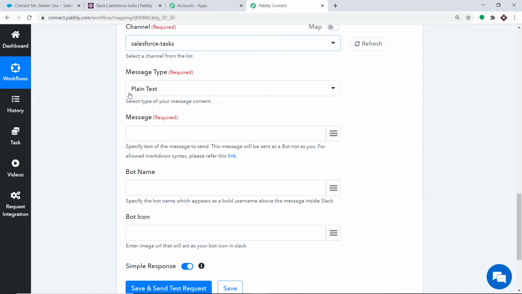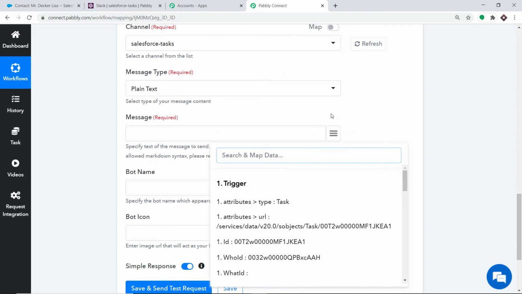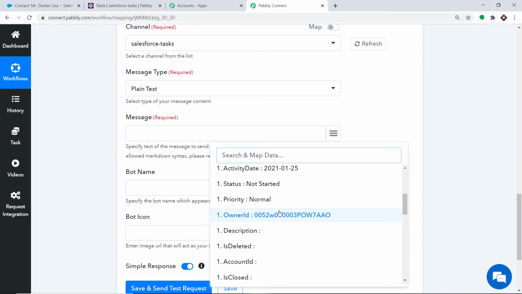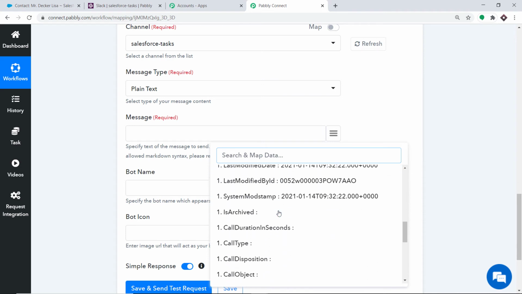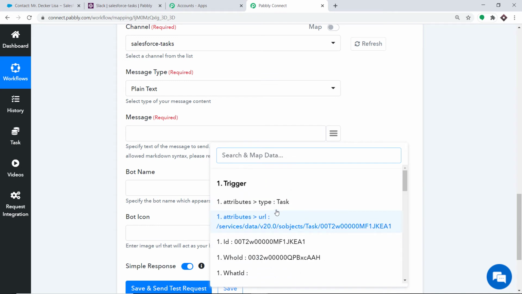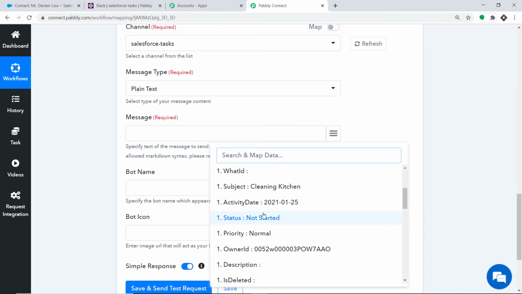Now the message can be plain text and the message is simple. Let me introduce you to this button. This is called the mapping button. When you click this, you will find all the data that we have received from Salesforce. So where is our subject, or where is the task?